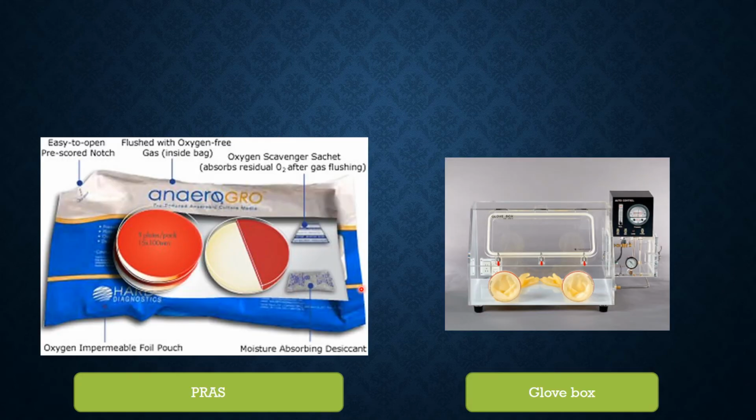This is the picture of the PRAS. This is the media which already contains the reduced substances, and this media, as you can see, is easy to open.